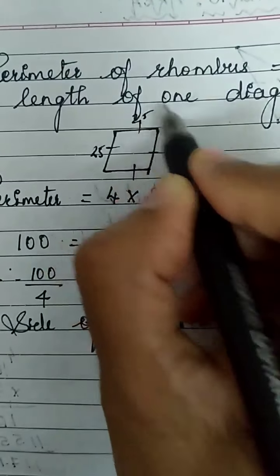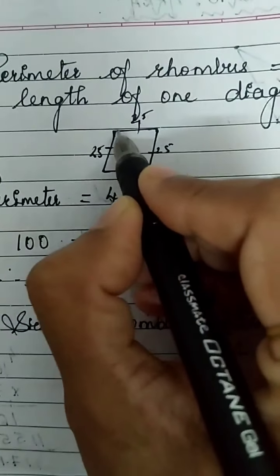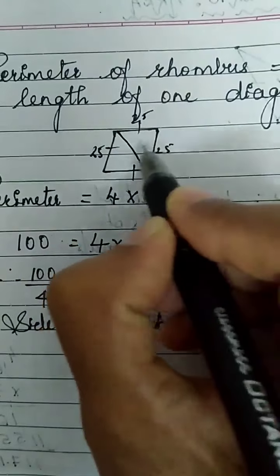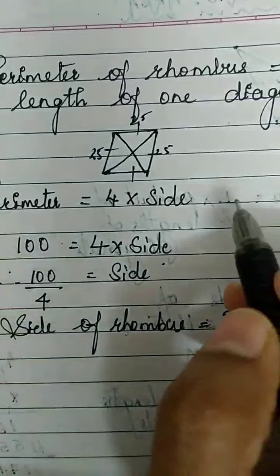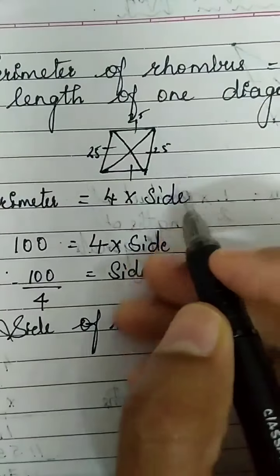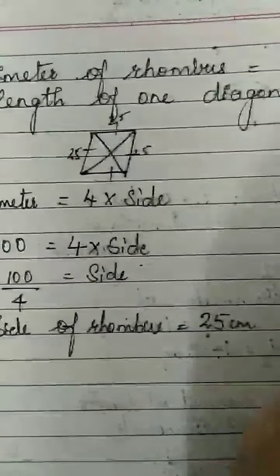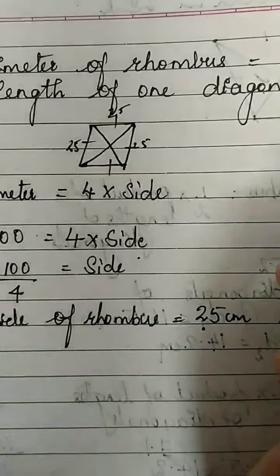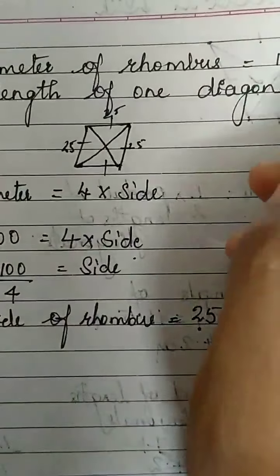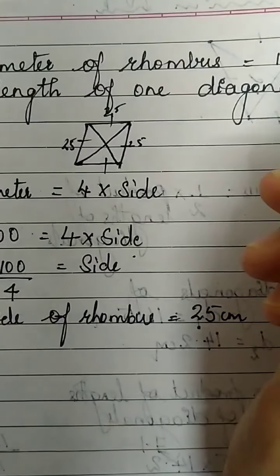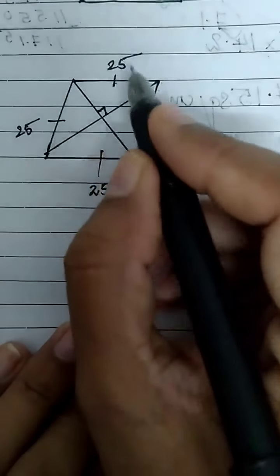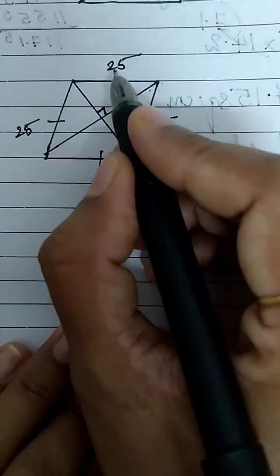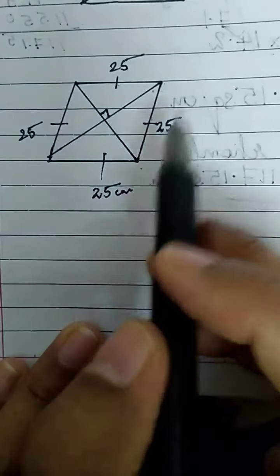25, 25, 25. Now, one diagonal we know, we want the other diagonal. Do you remember the property of diagonals of a rhombus? If not, please check the previous chapter, that is quadrilaterals chapter. Few of you might be just recollecting the property of rhombus. See children, I have drawn the rhombus separately now for better explanation. We got each side of rhombus as 25 centimeter. That also I have mentioned.